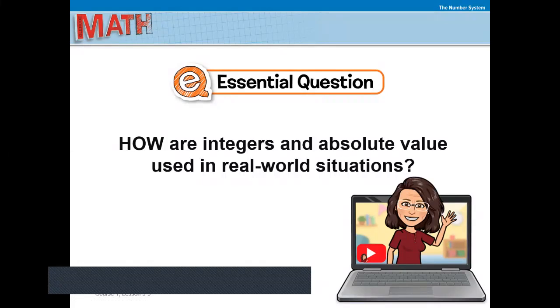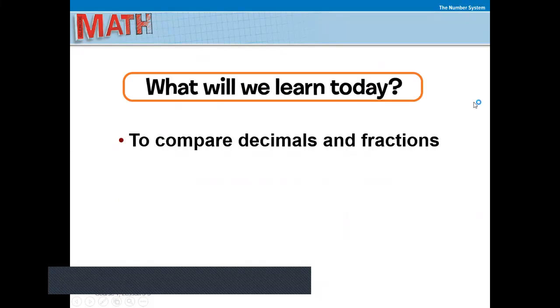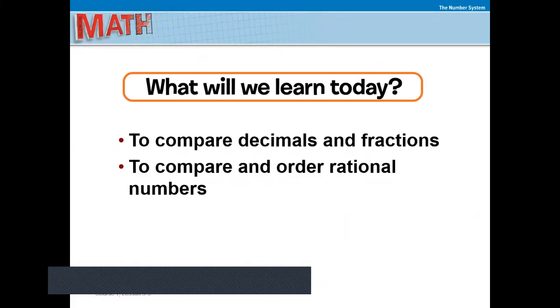Welcome back. This is Math, Chapter 5, Lesson 5. Compare and order rational numbers. The essential question: how are integers and absolute value used in real-world situations? What will we learn today? To compare decimals and fractions, to compare and order rational numbers,